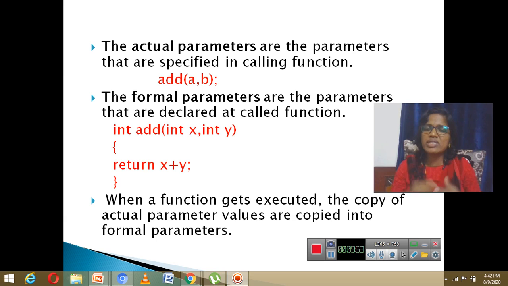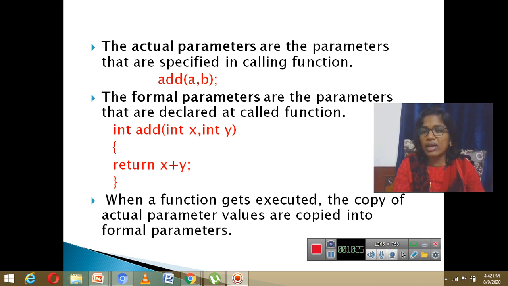Okay, so next come the formal parameters. Formal parameters are the parameters that are declared at the called function, that means which are used at the function definition. So this is the function definition for this addition function. As it is returning the addition of integers, it can be anything, but I have taken it as integer, add of integer x and integer y.